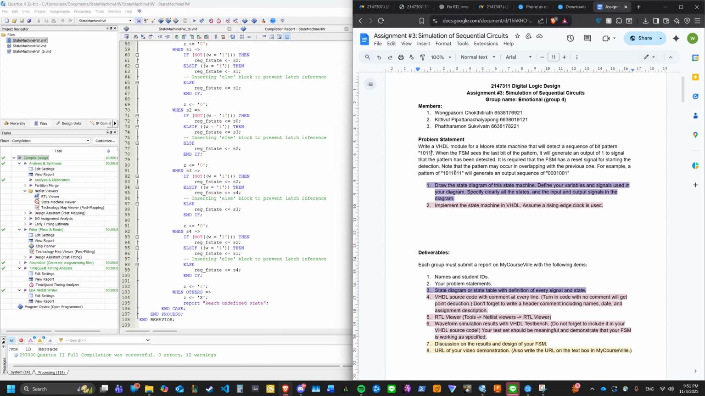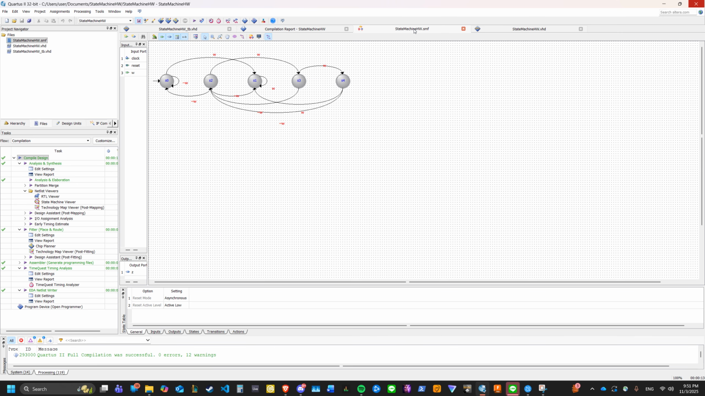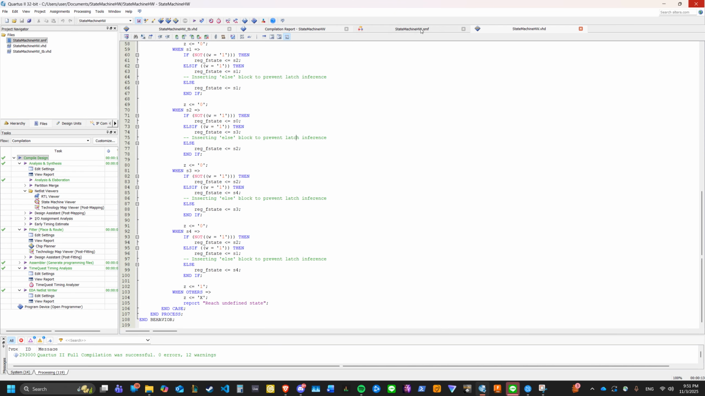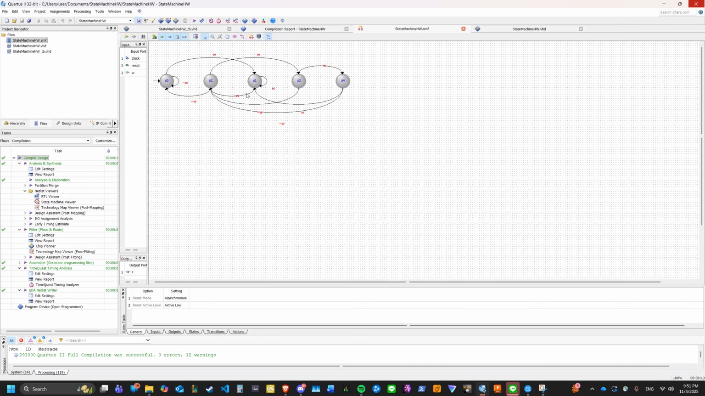So this will be the video for group 4, right? Which got the problem statement of designing a Moore machine that will detect a sequence of 1011, a finite state machine. So let's go over the state diagram first, which will make the Verilog code make sense. So what this code basically does is define five states: 0, 1, 2, 3, 4, and